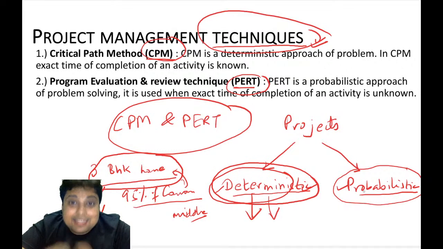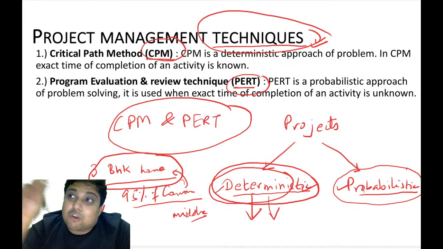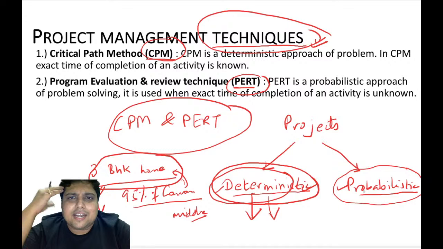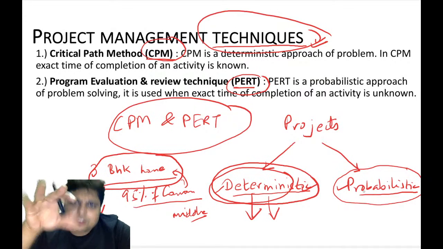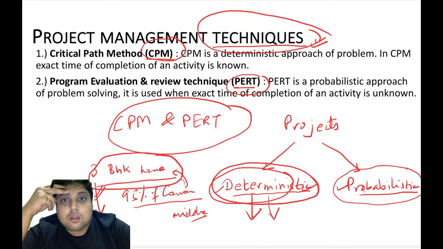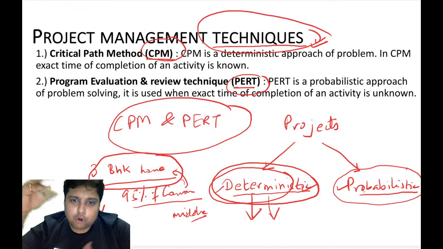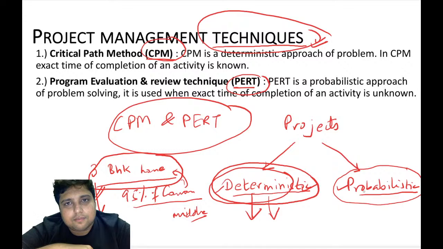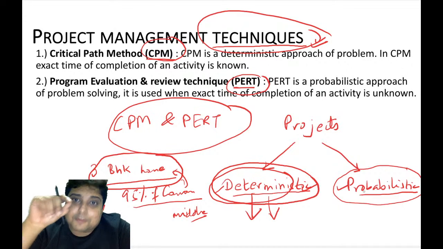When the contractor says that in a 3 BHK home you will take 15 days for the foundation part of the project, you will see it gets completed in 15 days or 14 days or 13 days or 16 days with a bit of uncertainty. But in case of a probabilistic project, if you are having a completely unique project, a new project which has not been done in the past, you do not have certain data so that you can use that data to find different aspects of the project, then in that case you don't know the details of the project very well and you cannot determine the resources required in that project. You cannot be 100% sure.